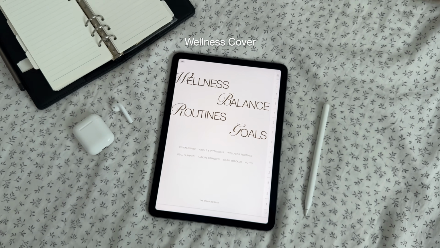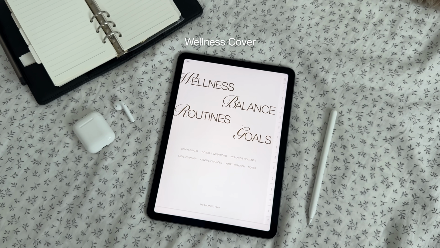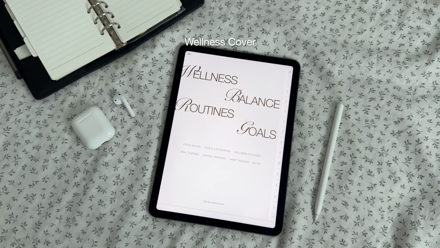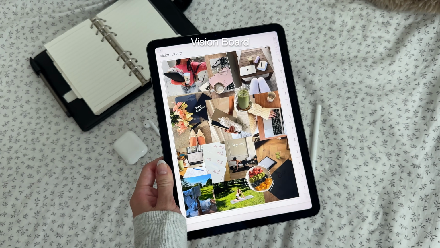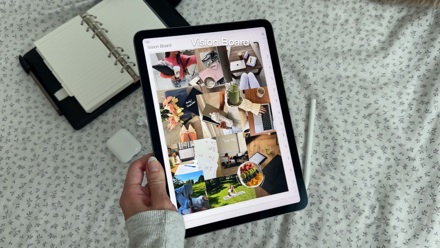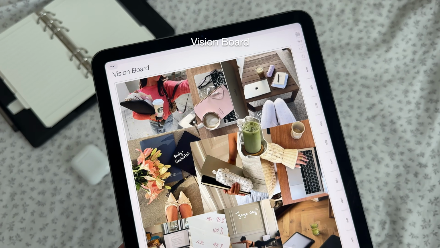Staying organized isn't just about keeping up with assignments and deadlines. It's also about building routines, setting goals, and taking care of yourself throughout the school year. The first page is the vision board. This is where you can add images, quotes, and inspiration that represent your goals and what you want to focus